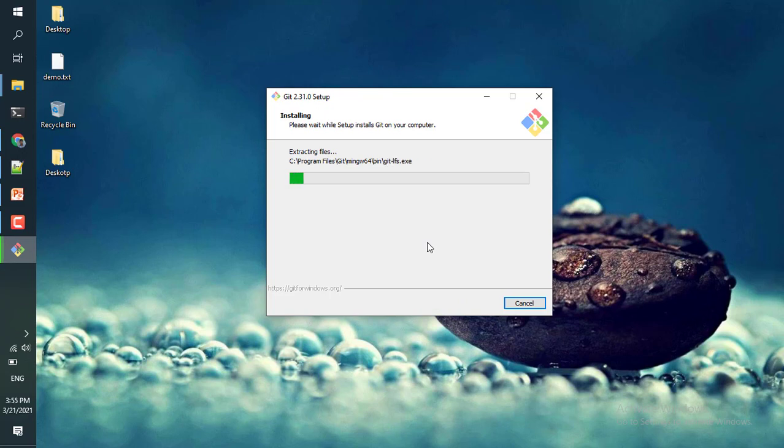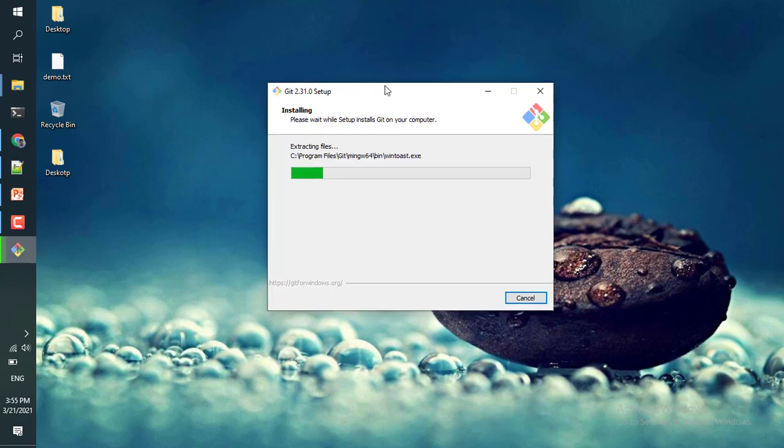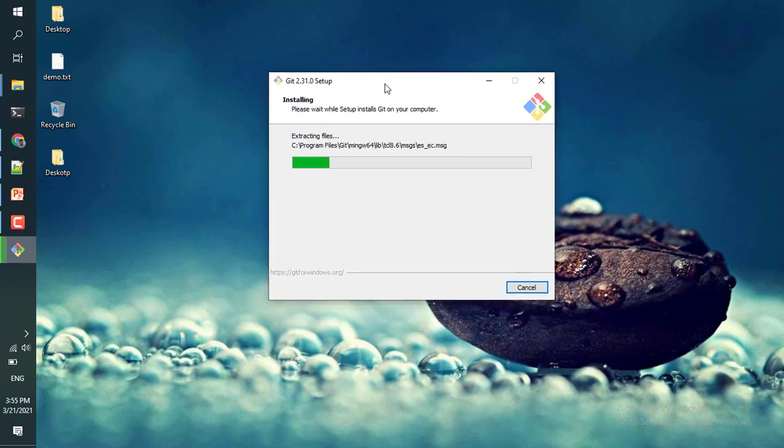Now you see I'm installing the Git 2.31.0 setup version. The setup is installing in my system, and the process is currently going on.